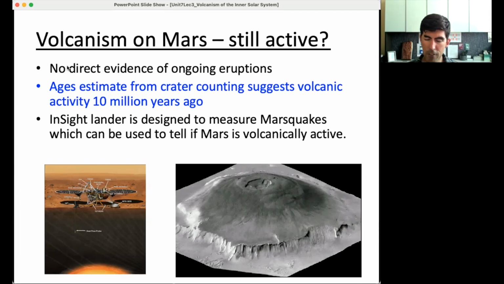This is a tougher question to ask than the one for Venus. We have no direct evidence that there are ongoing eruptions on Mars. So that is a little bit of a tricky question to then answer. Some of our counting and age dating for the Martian surface suggests that the youngest lava flows may be about 10 million years old, which isn't very young, but in terms of how old Mars is, that is relatively geologically